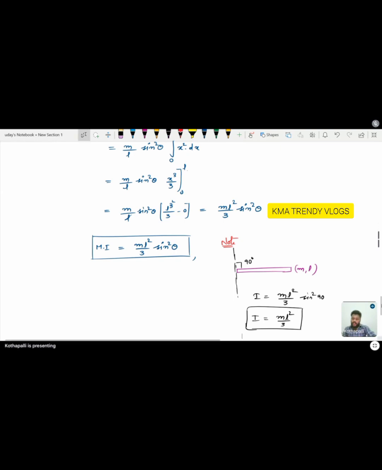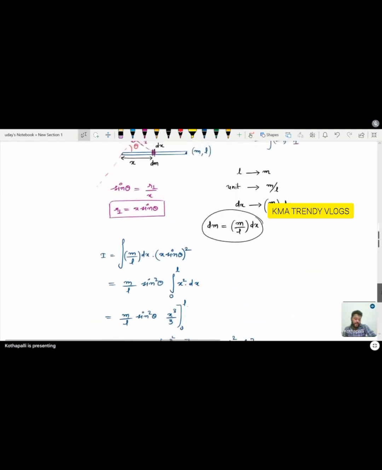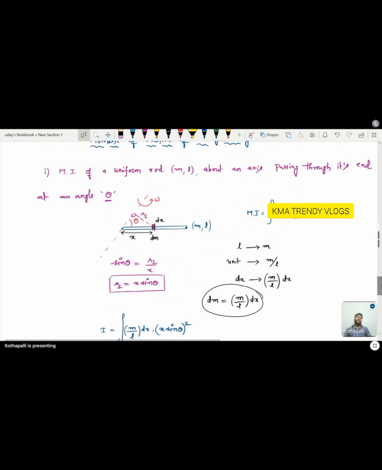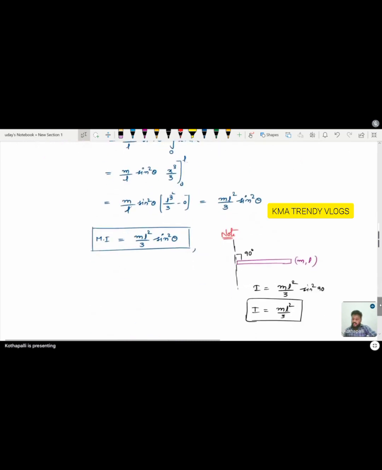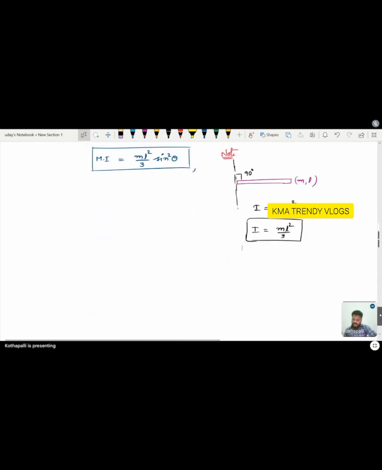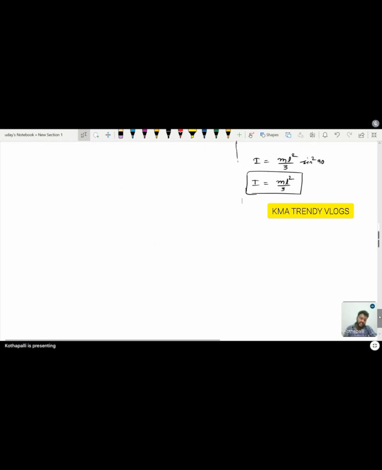So the moment of inertia of a rod about an axis passing through its end, making an angle theta, is m L square by 3 into sine square theta, and if the axis is perpendicular to its length, it will be m L square by 3. Okay, this is the case. Now one more derivation, let's see. After that, we'll see some applications based on this. That is, see next case,